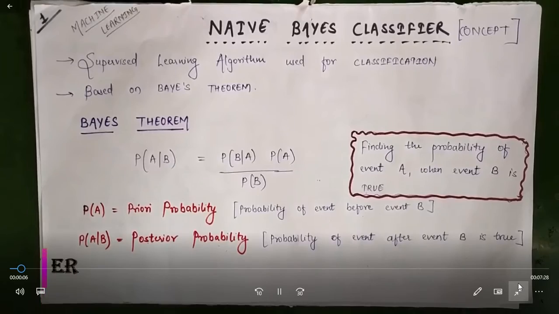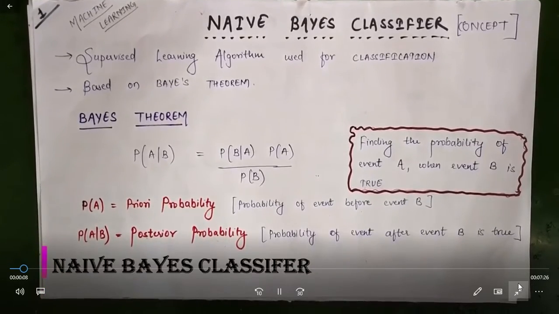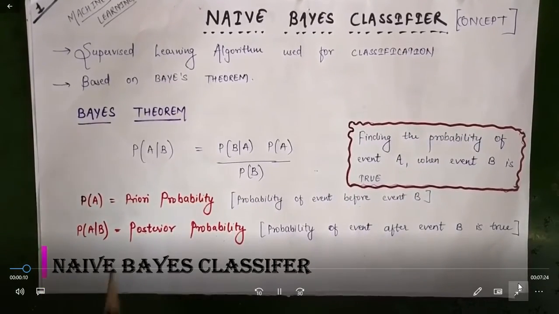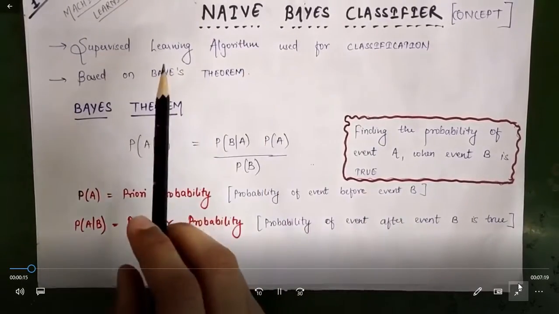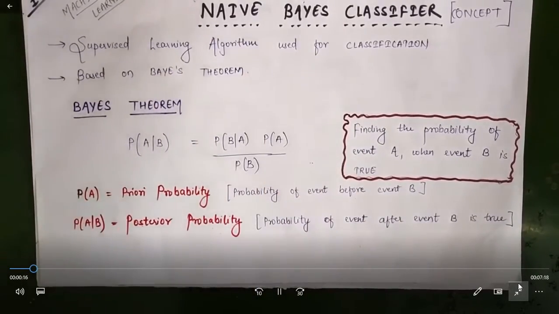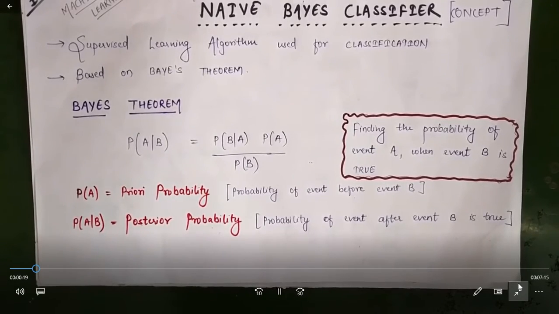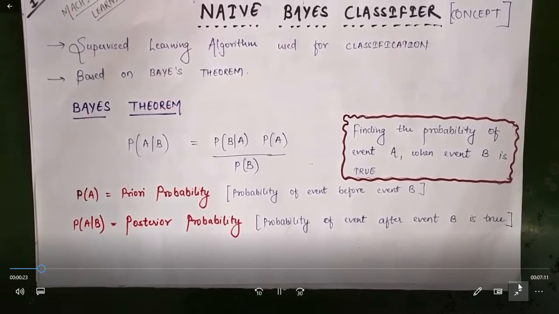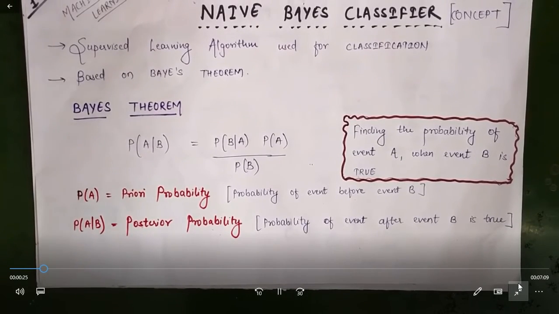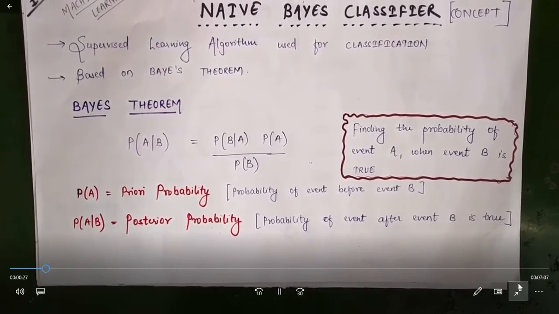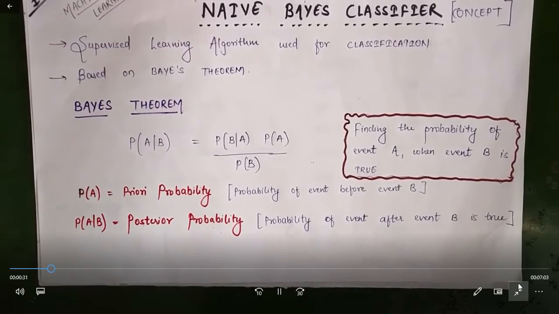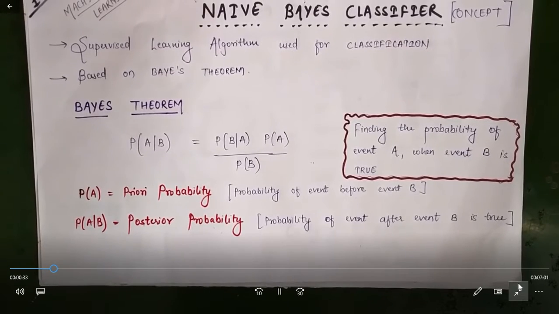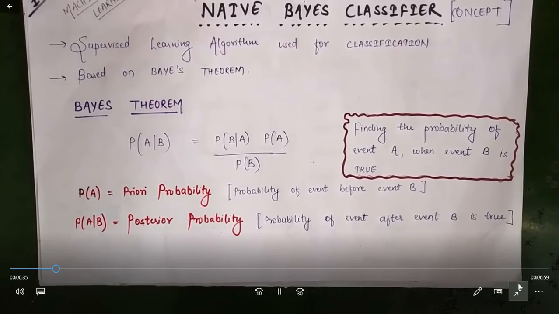Okay, so first see the concept behind the naive Bayes classifier. So what is naive Bayes classifier? It is a supervised learning algorithm that is used for classification. Now, what is a supervised learning algorithm? These are the algorithms that are basically used for data that can be categorized. For example, if I have a set of images of dogs and cats, I can categorize that this particular type of image belongs to the dog category, and this particular type belongs to the cat category. So what we are doing is categorizing or classifying the images.